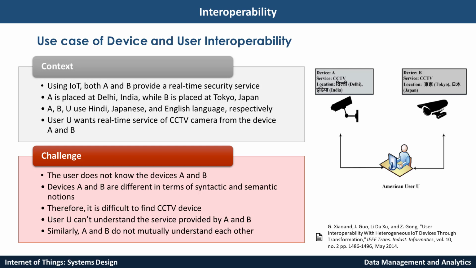Then when someone is querying, the system will automatically tell that the term camera is equivalent to this particular term in this language, and this particular term in another language. So the computer doing the querying knows the semantics are similar. That is how we are going to achieve interoperability: having a common standard as well as having an ontology to capture the full information about the terminology as well as the context information.